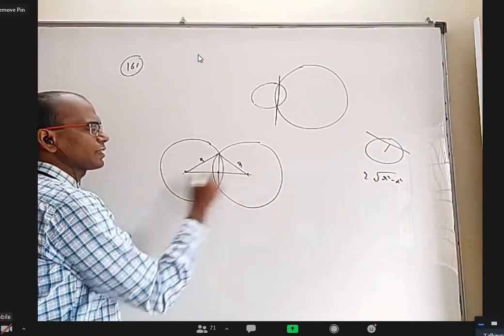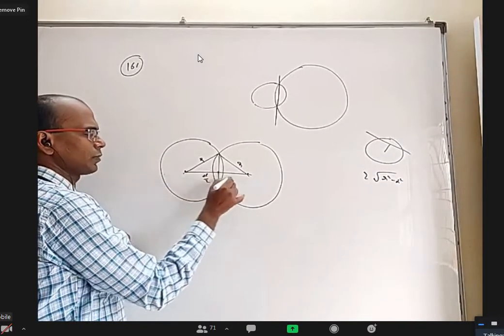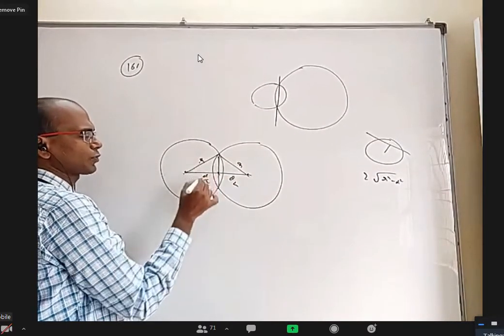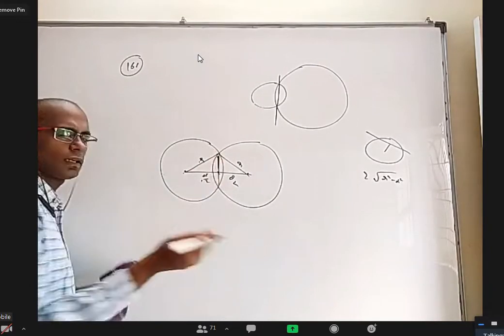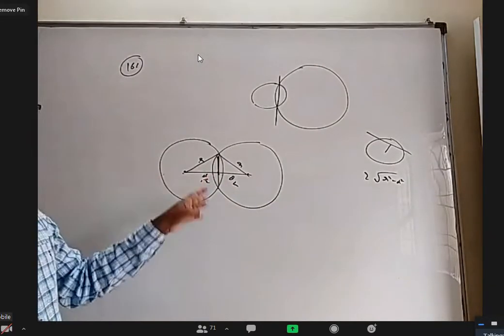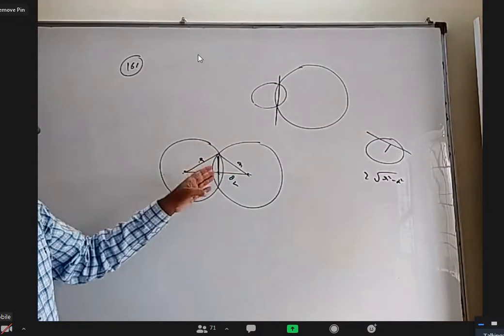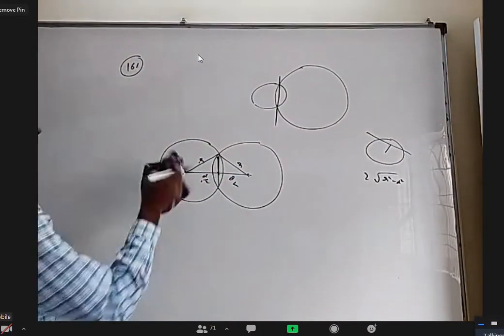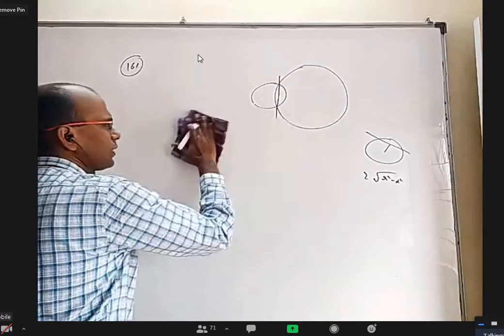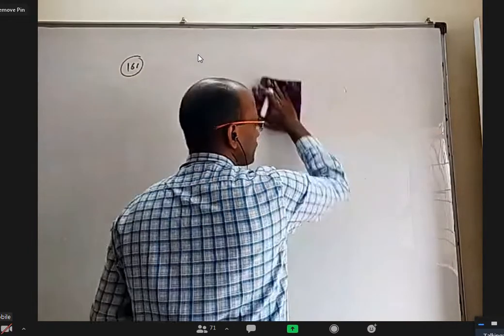Anyway, you know this radius R and R. You find distance between the centers called D. This will be D by 2, this will be D by 2, and this will be root over R square minus D by 2 whole square, and double of that. That also you can do easily from the length. But one question I want to do it differently. Apart from these two, one more is this.